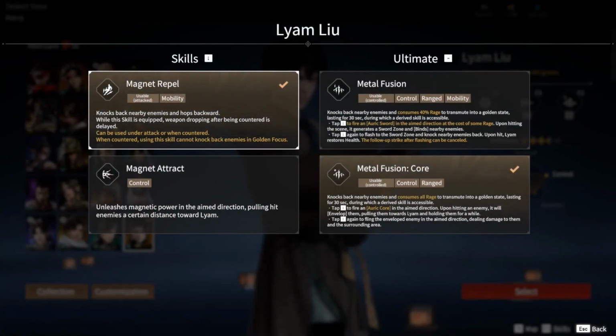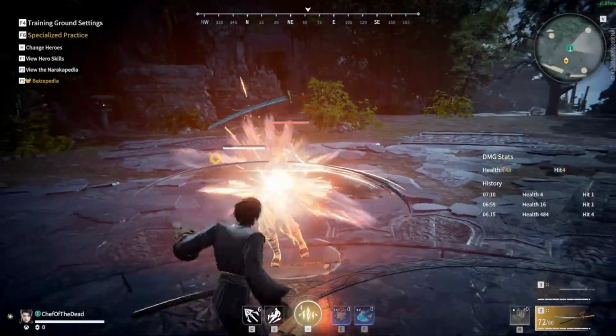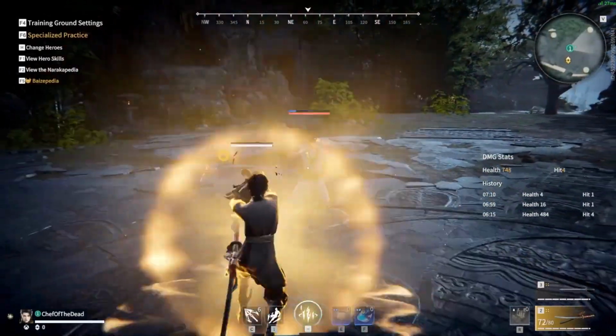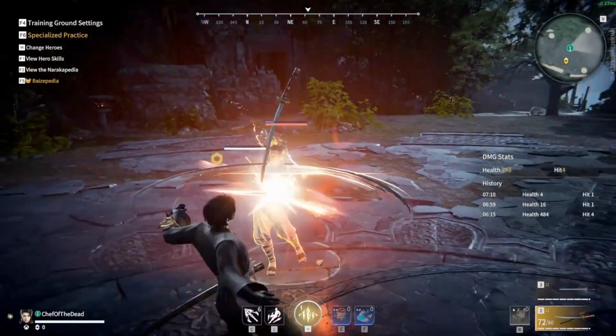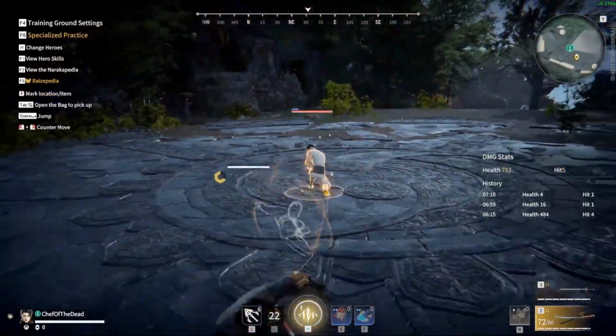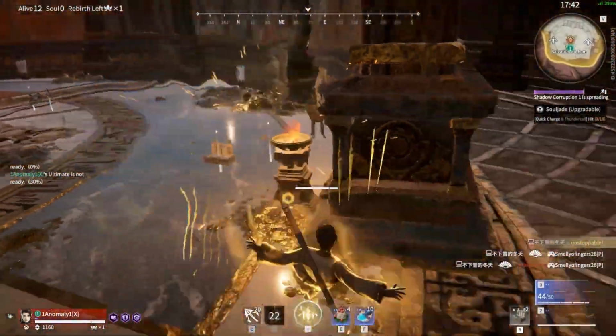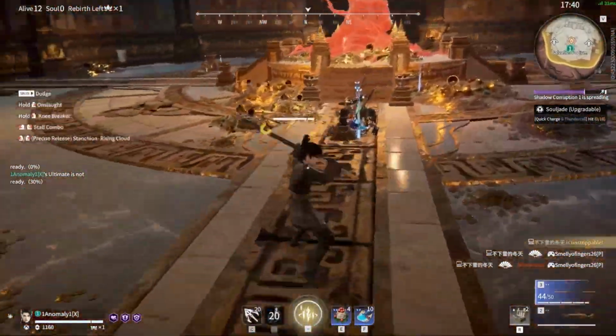The last aspect of the skill to keep in mind is this, where simply having the skill equipped will give you the passive benefit of your weapon dropping being delayed after being countered. What this implies is that if you choose to activate your skill after being countered, not only do you avoid the following damage, but you also get to keep your weapon. This is a very strong ability, and I can certainly recommend picking it if you're not sure which of his